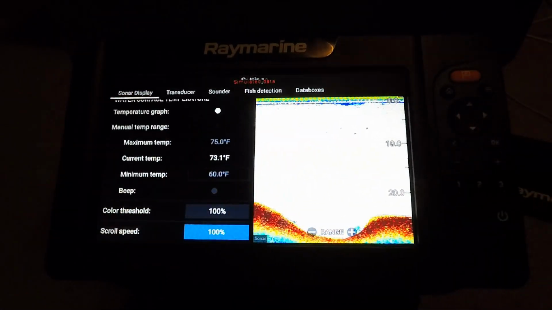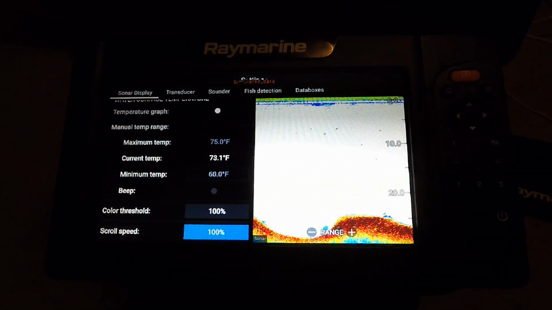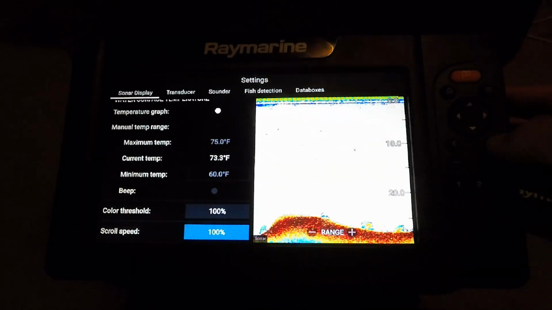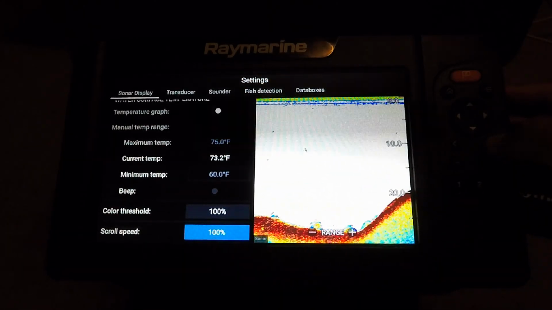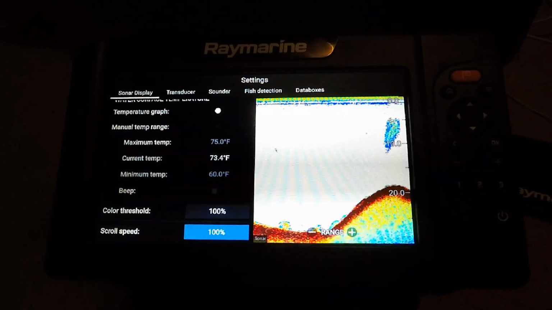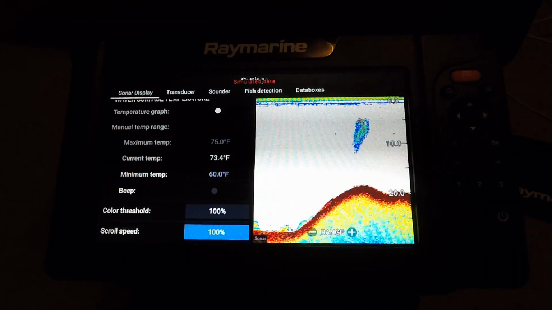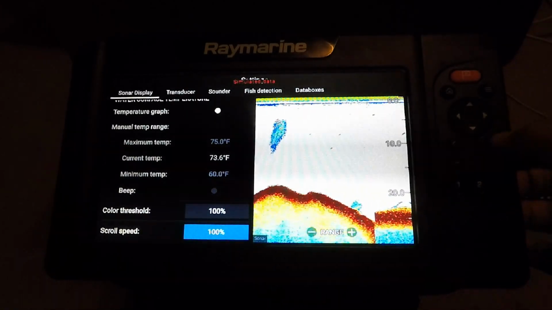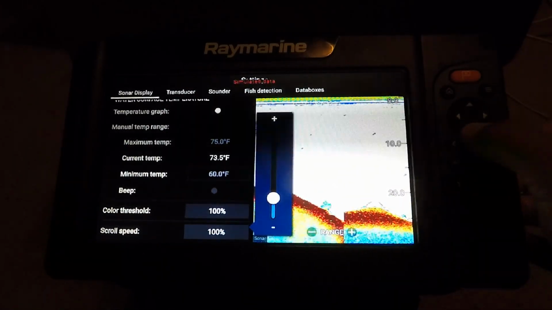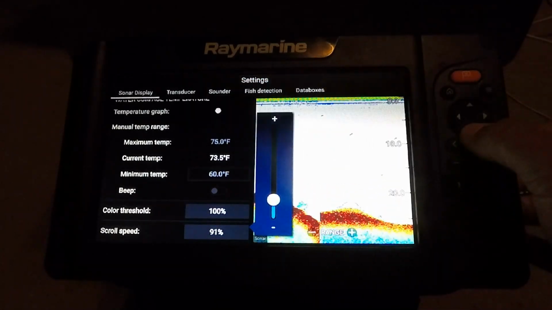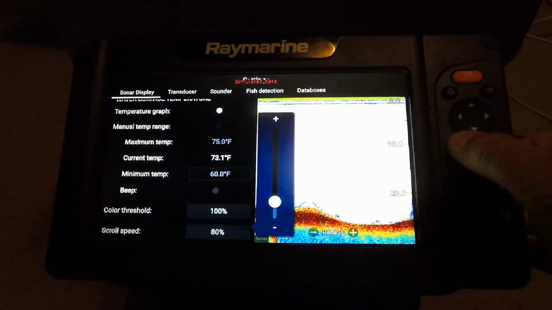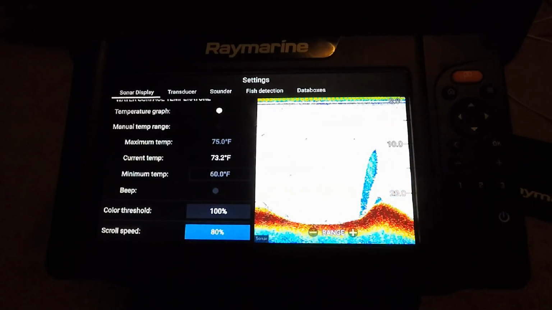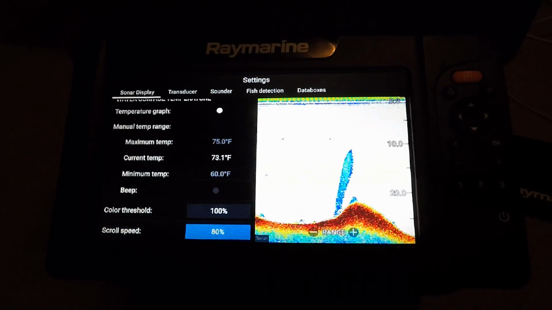Now let's talk about the scroll speed for a second. This is something that you can change. I've heard that 80% is a preferred percentage to have your scroll speed on if you're in the kayak, because we're not going full throttle in the boat, right? We're going 2-3 miles an hour if you're cruising along, if you're trolling. Some have suggested to go down to about 80%. Now, if I go down to 80 right now, I don't suspect it's going to change much here because this is a recorded demo. But try it out and see if you like what you get with